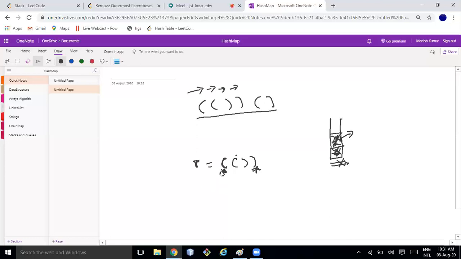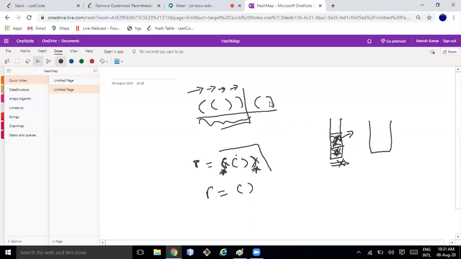Okay, so this is the problem now. Once this stack becomes empty, obviously this atomic valid parenthesis is over. In the next one, again I am opening the stack. So here I'll do some operation to remove this part. My result is something like this. Again I add something and push. I'll explain how we can remove it.